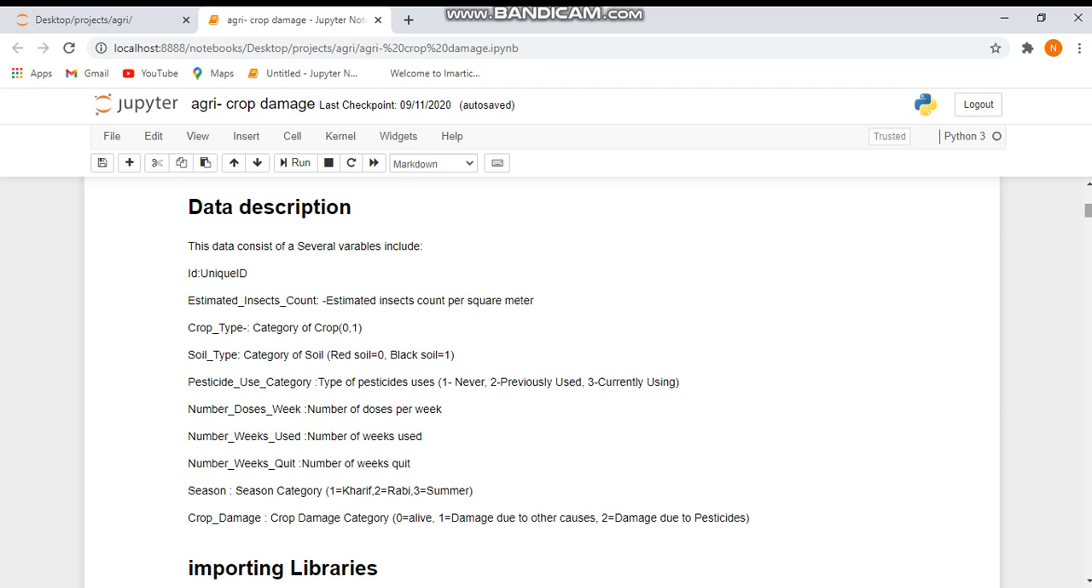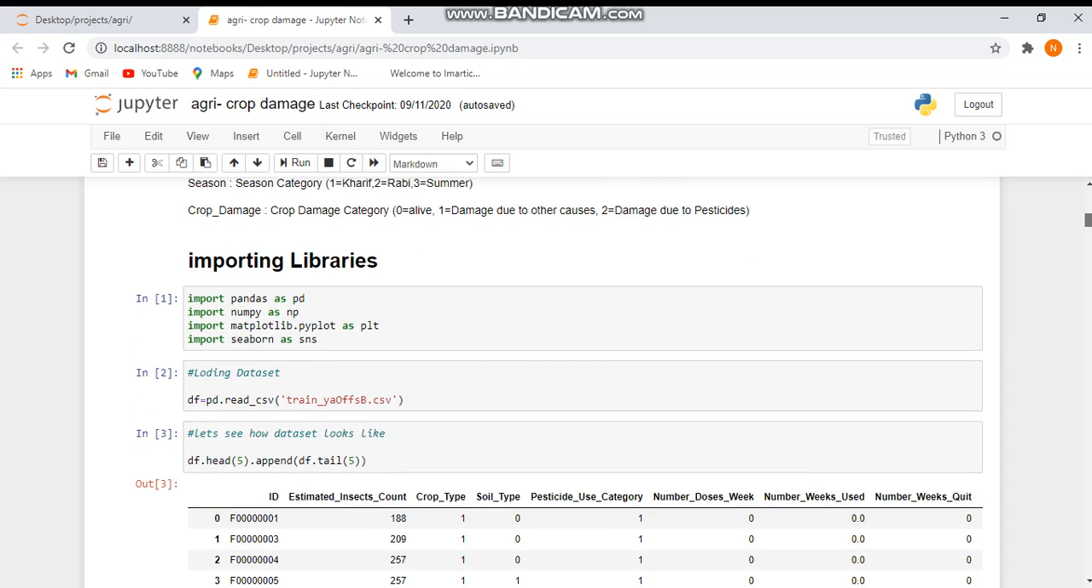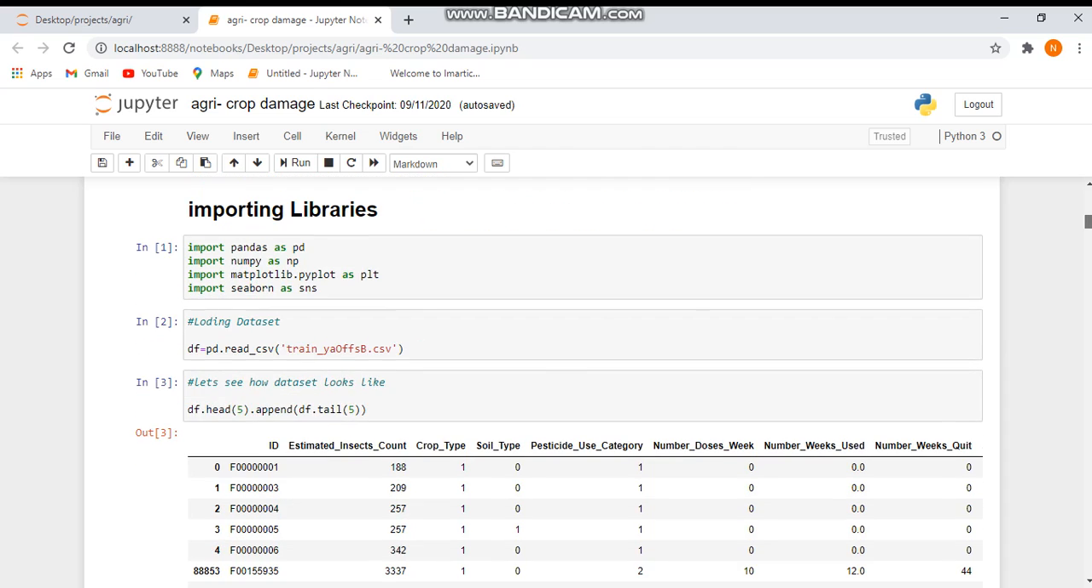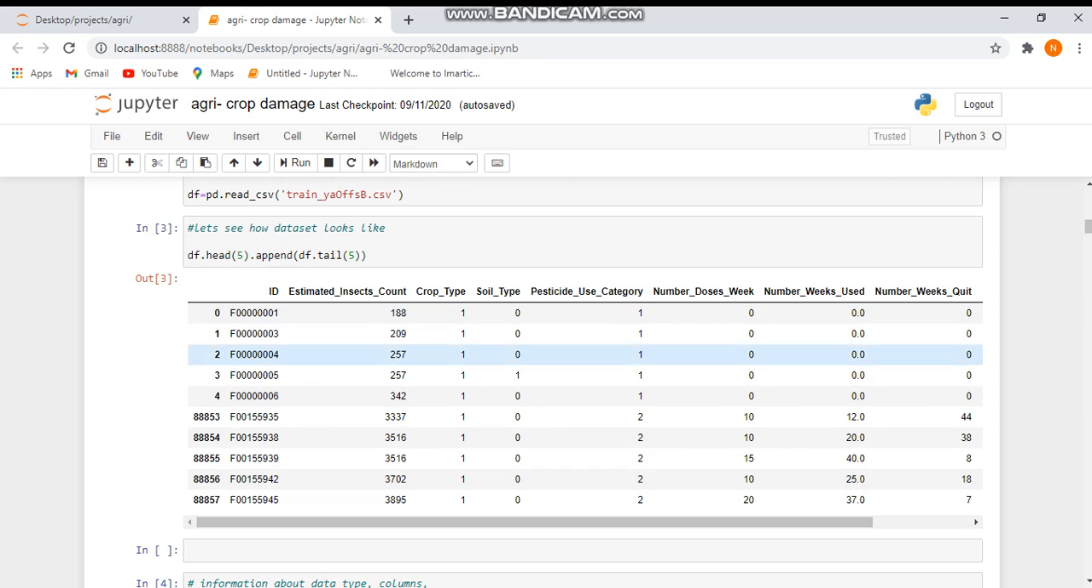And let's start with our data. I imported the basic libraries like pandas, numpy, matplotlib, and seaborn. And here I read the data using pandas, and as usual, I saw the first 5 and last 5 rows. Here it is,